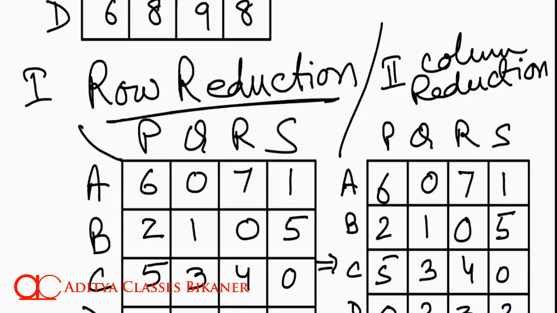So in this case, all the values remained unchanged. Because if you understand the problem, what we were doing in column reduction was subtracting the minimum of each column from all other values. Now incidentally, the minimum in each column happened to be 0. So it did not change our values.